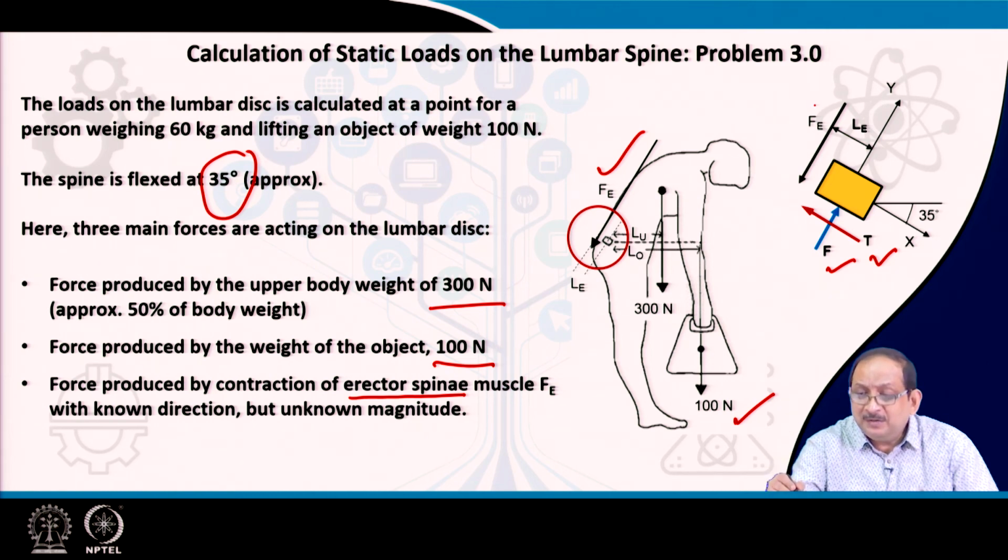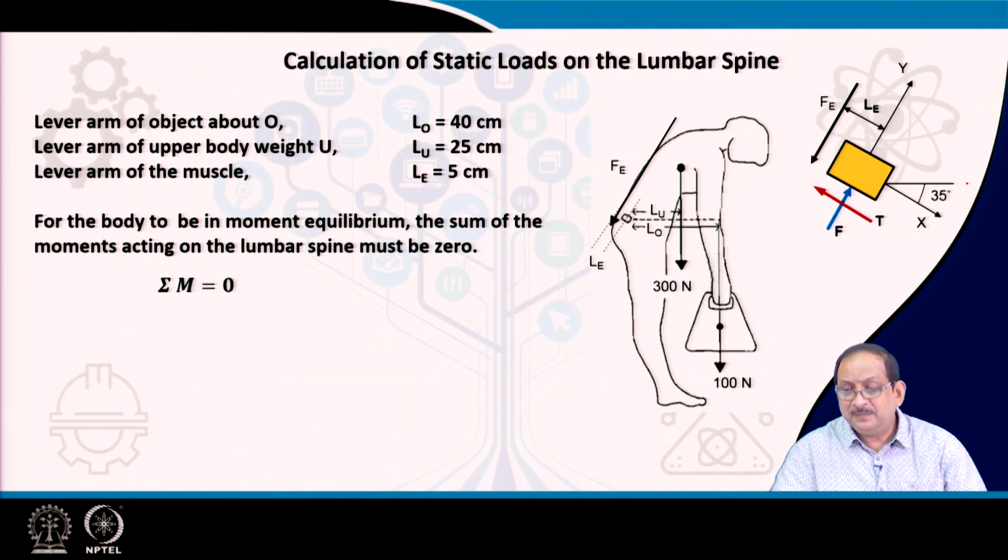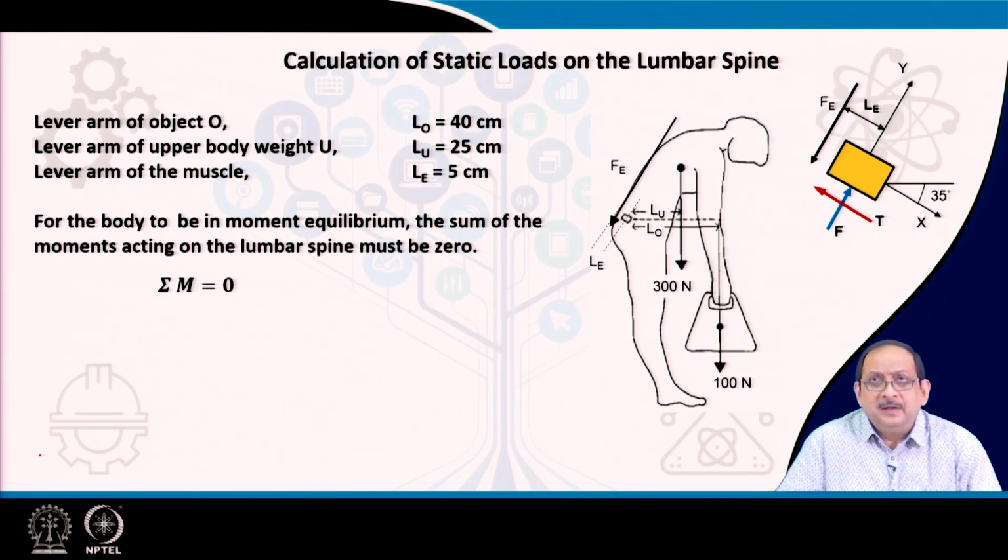You can see here the erector spinae muscle force Fe acting at a lever arm Le, and this unit, the lumbar disc, is oriented at 35 degrees to the vertical axis as well as the horizontal axis. Let us continue with the calculations of the static loads on the lumbar spine, and let us identify